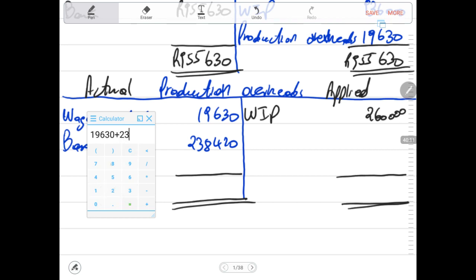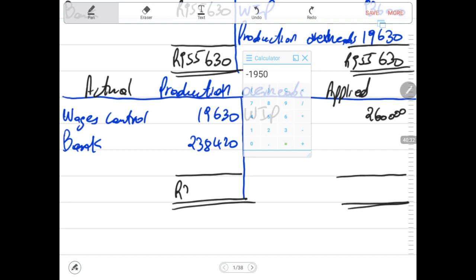19,630 plus 238,420 gives me 258,050. Under production overheads, 258,050 is less than 260,000. So we can say minus 260,000. And we see the difference. Where is the difference? 260,000 is the bigger amount and it is the bigger side. So we always take the amount from the bigger side, and the difference will fall on the smaller side,